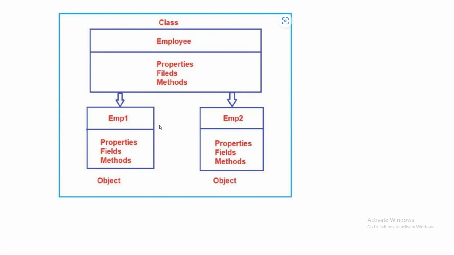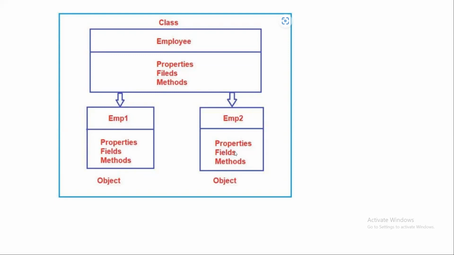So I have created two objects, emp1 and emp2. Once I create these objects, whatever properties, fields, or methods I defined in the class will be copied for emp1 and also for emp2. So the same set of properties, fields, and methods will be available for emp1 and